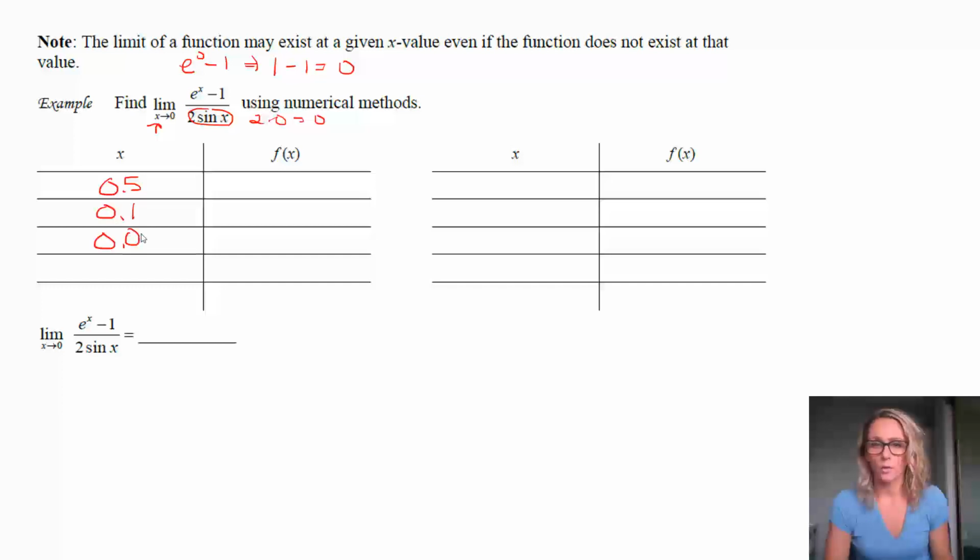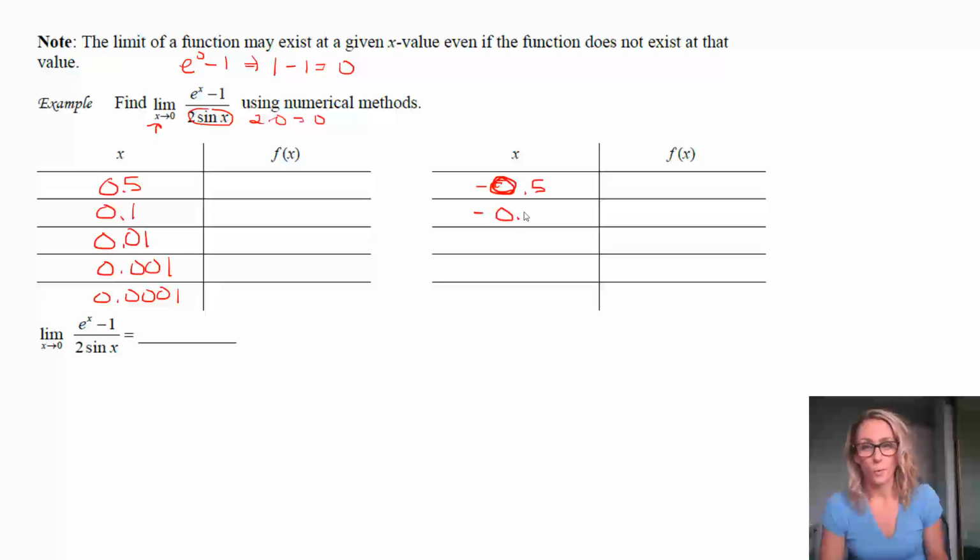There's different options here, but obviously your goal would be to try and get as close as you can to that value. Now we haven't seen this yet, but if you think about the other side of 0, now you're talking about negative numbers. So in some ways it's a little bit easier because you can choose the same values that we just chose, except the negatives. But of course it does mean that you have to plug in negatives. And so that can be a little trickier, depending on how good you are with your calculator.